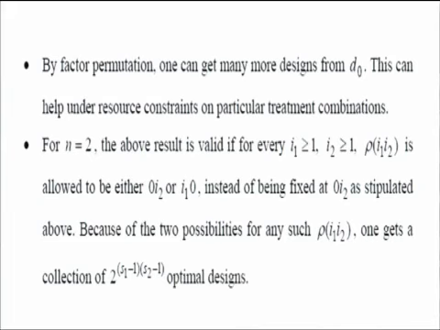I can define rho I 1 I 2 as either 0 I 2 or I 1 0, leading to a collection of 2 to the power s 1 minus 1 times s 2 minus 1 optimal designs. But all these results concern the saturated case, leaving no internal degrees of freedom for error, which is undesirable